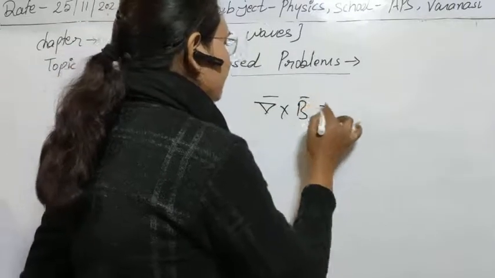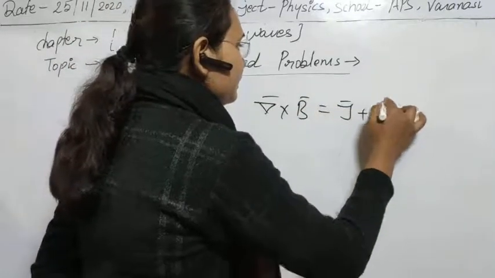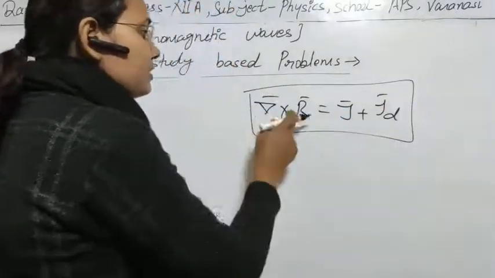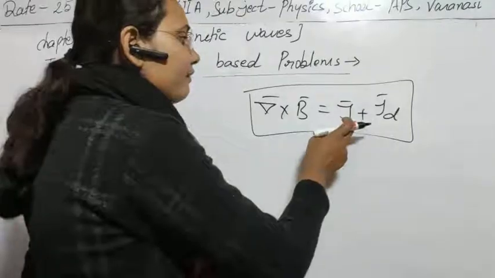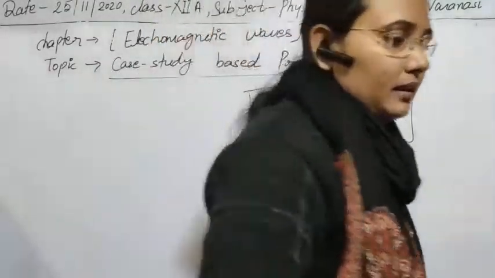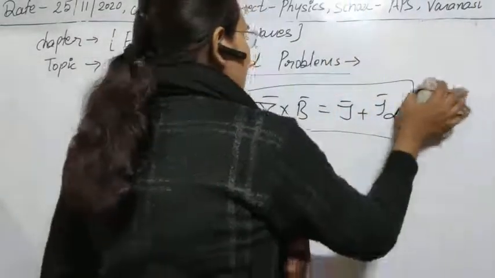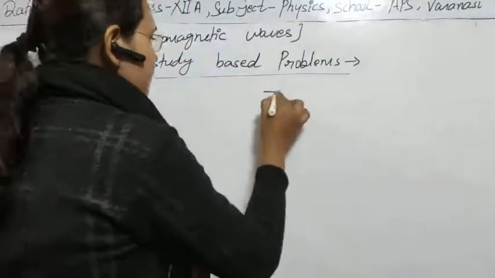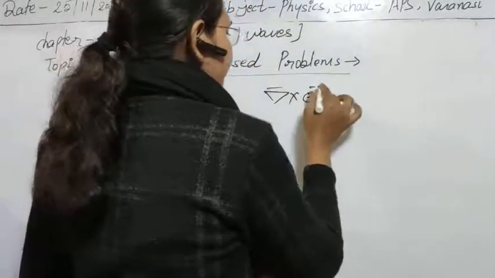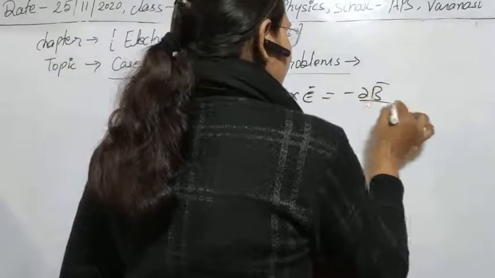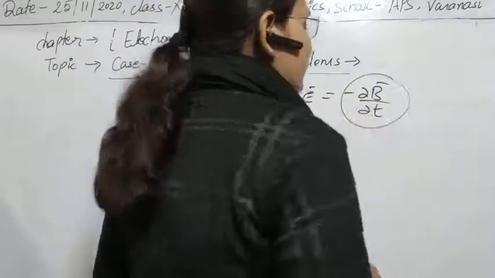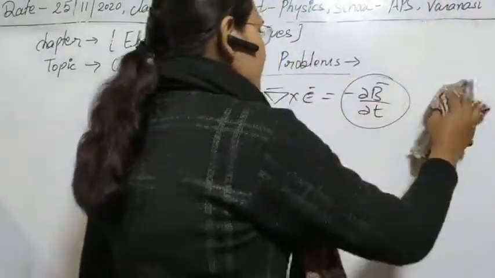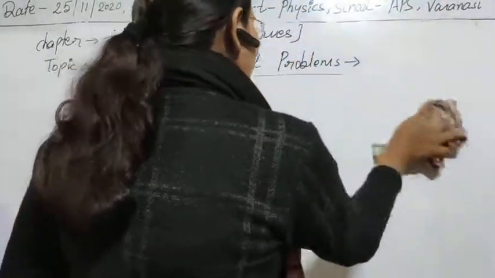You should remember that. So the fourth equation that you have seen is del cross B equals J plus J_D. Actually, this is the third equation that shows that due to change in magnetic field there will be a production of electric field in the system. So this is the parallel of electromagnetism.